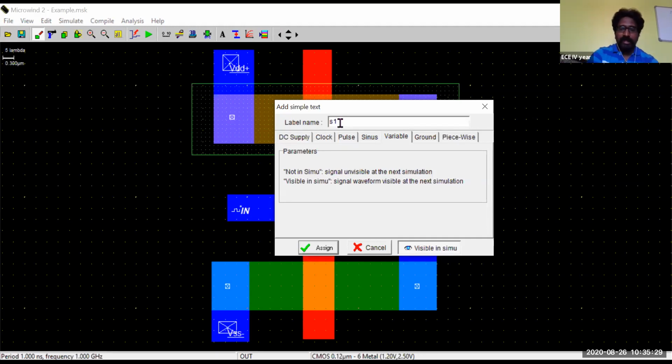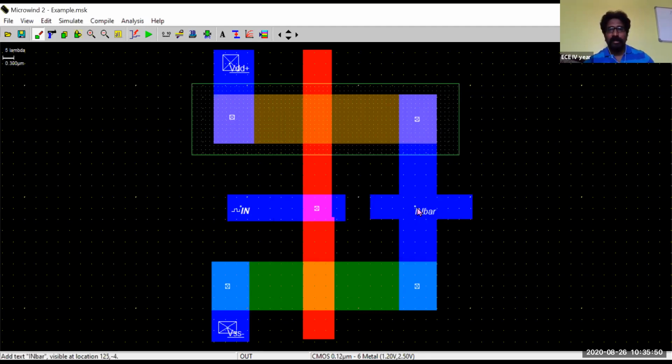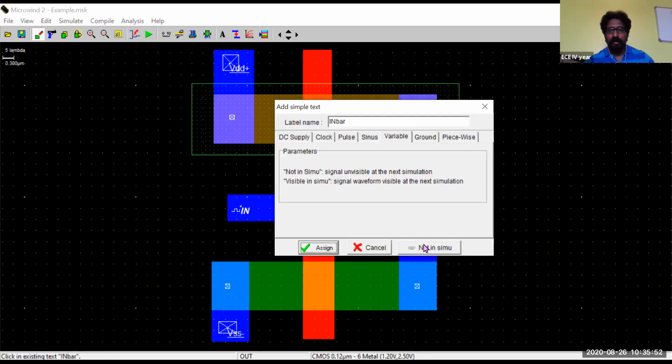Okay, I'll give one intermediate name. Why? Because it will become an intermediate layer between the inverter and inverter. So I'll name it as "in bar". First, I'll try to put it as not visible in simulation.